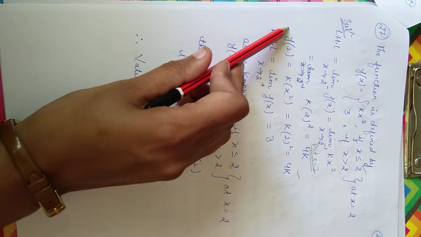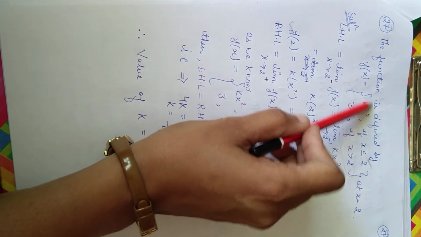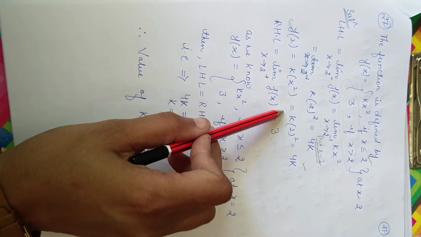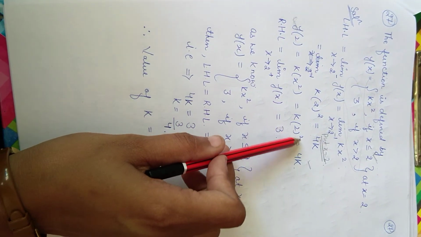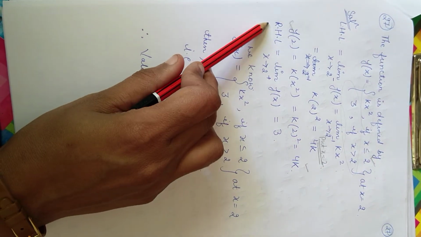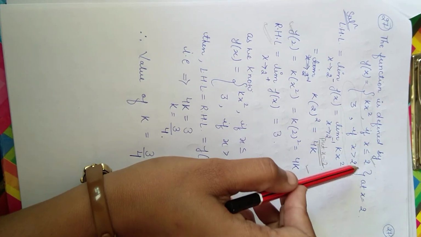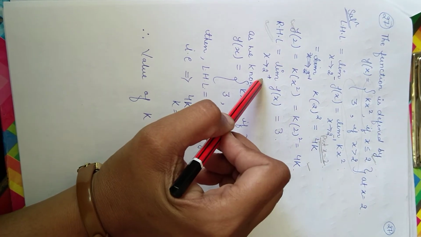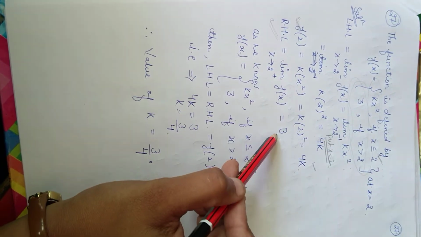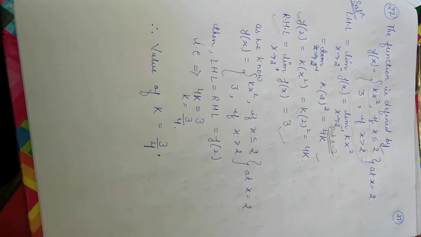Similarly, I have got the value of f of 2. The function value f of 2 is again defined by kx square. So f of 2 is equal to k into 2 whole square, that is 4k. And now we have found out your RHL. What is your RHL? When the function is approaching the right side, it is defined as 3. So I have directly written 3 over here. Clear? Now again the same step.